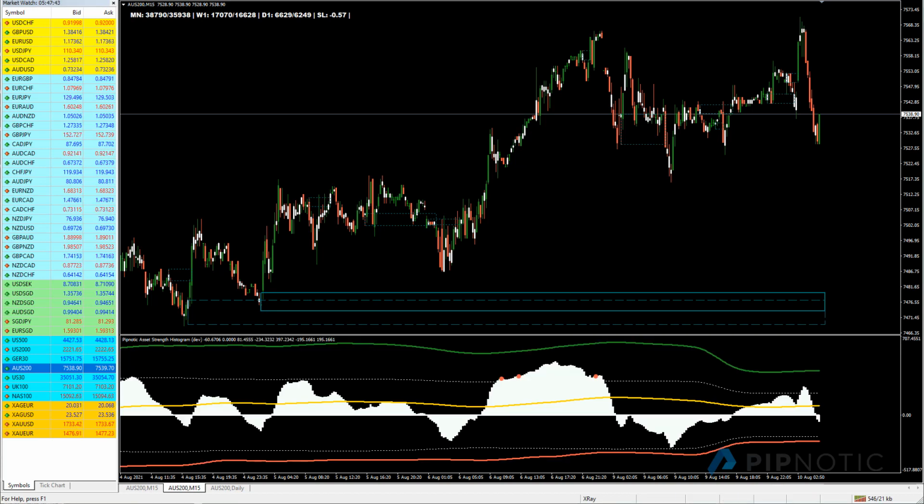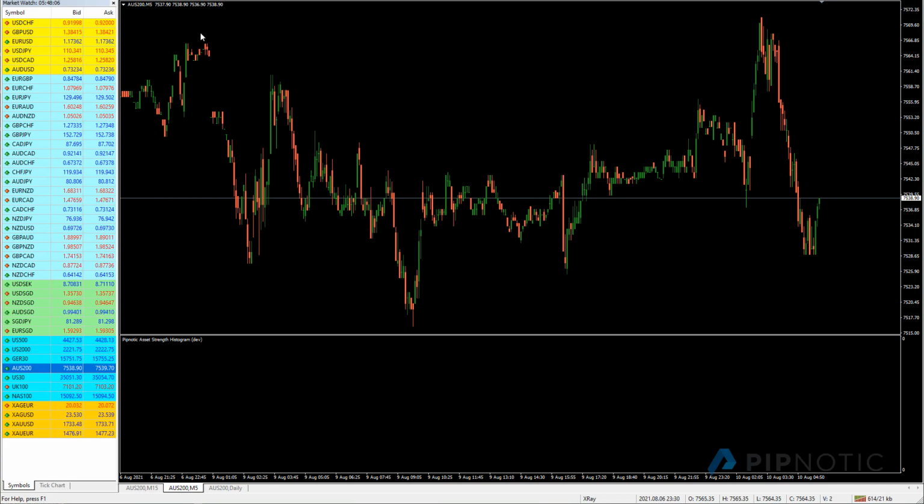and now we're starting to show a lot of signs of divergence, where we're having higher highs in price and lower lows in the asset strength. So maybe we can find a nice area of supply just in here, which is responsible for removing the demand in here that was tested several times. See if we can do that. We'll probably have to go to the 5-minute chart. So if we zoom in a little bit more,